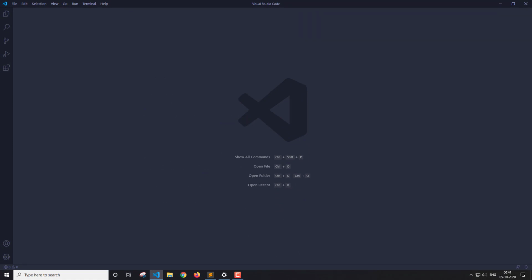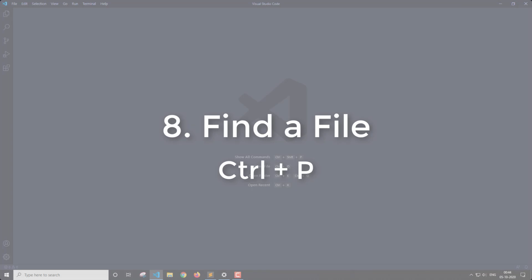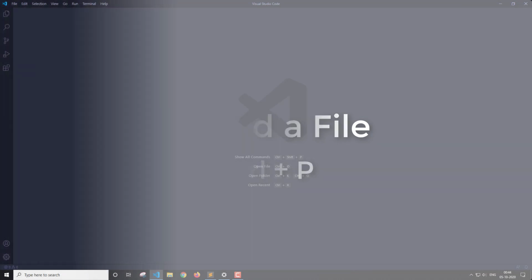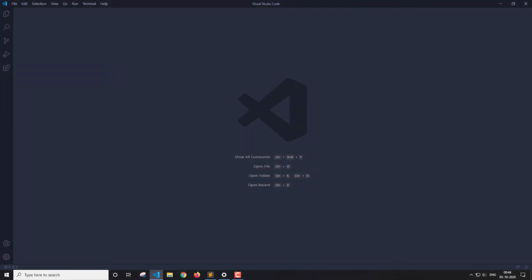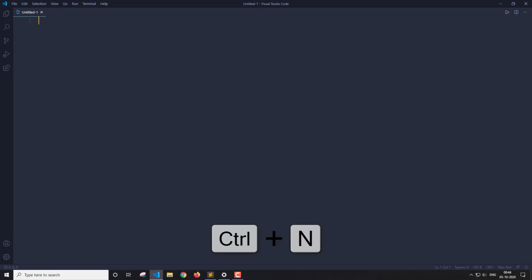Then the next command is for finding a file from the current folder. So now let me just create some files here. I'm just going to press Ctrl N, and I'm going to press it again. So we have two files here. Now I'm just going to press Ctrl P, which is the shortcut for finding a file in the current folder or directory.